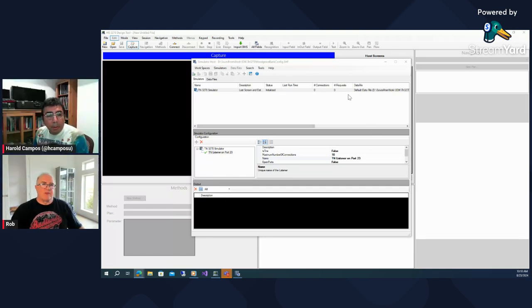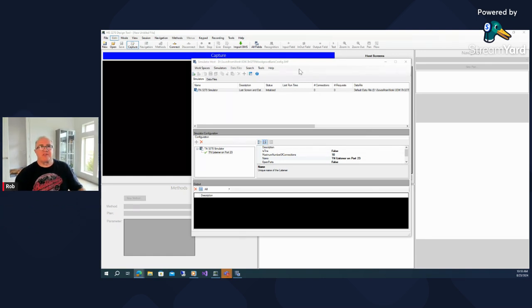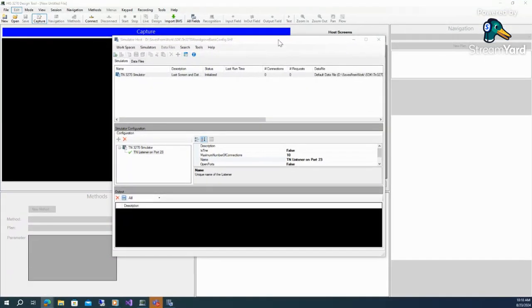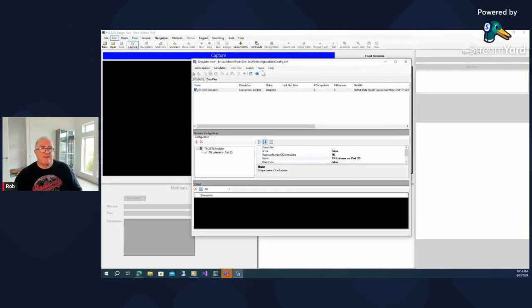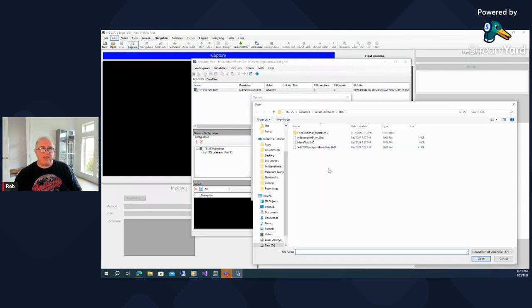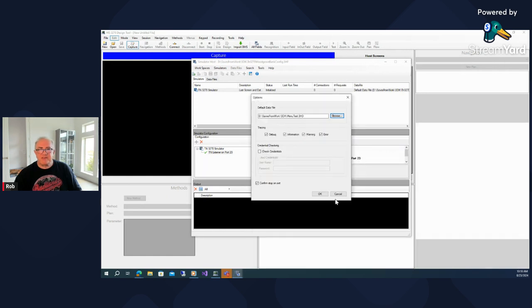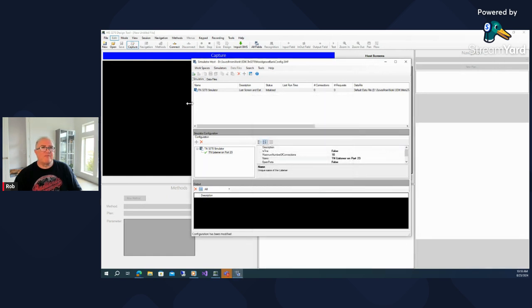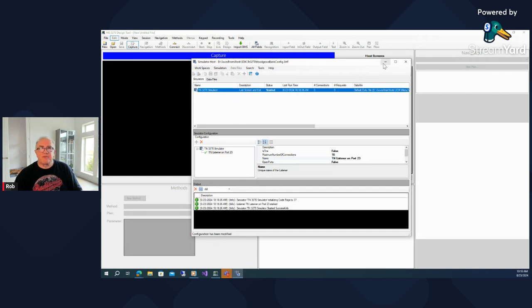Okay, sure. So just like in the other talk, the first thing you have to do is make sure that the host simulator has a data file. So tools, options, browse, and in the SDK, there is an SHD file called menu test. If you use that one, and then start the simulator,